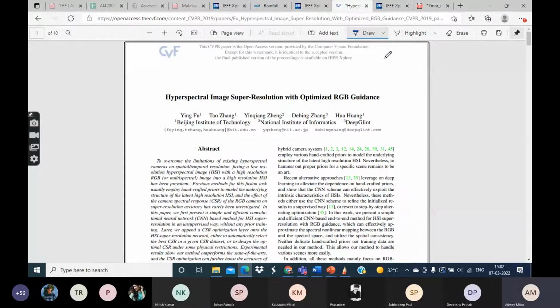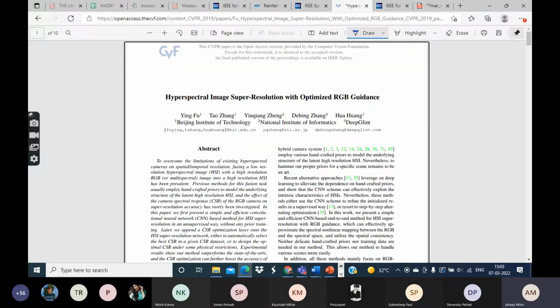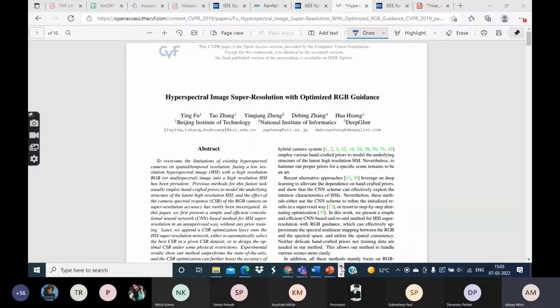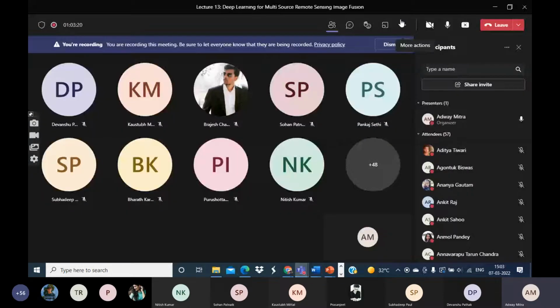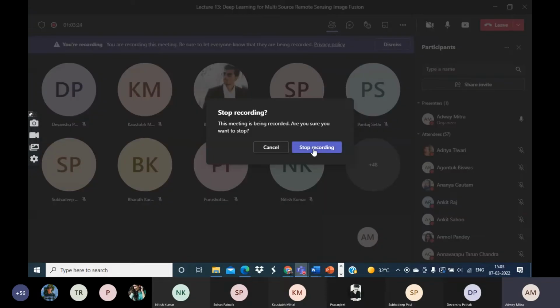And this is achieved by designing suitable loss functions for the neural network, and the parameters of the neural network are learned in such a way that those specialized loss functions are minimized. So we'll see some more examples of this, that is multi-source image fusion, in tomorrow's class. In the meanwhile, you may have noticed that